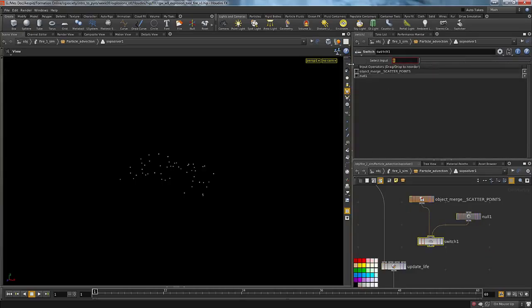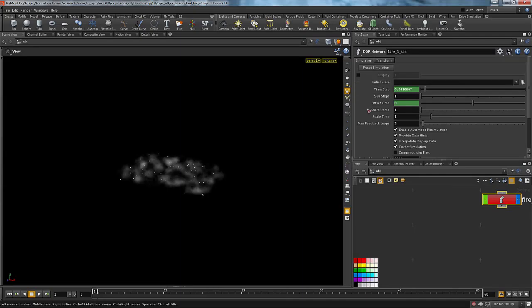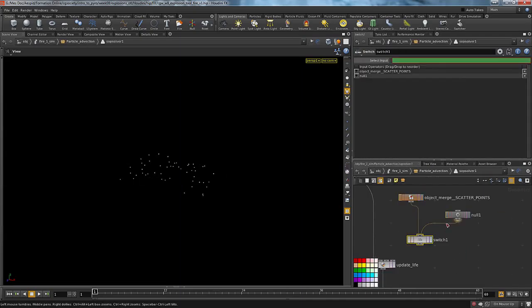And here I'm gonna put an expression, and I'm gonna do $f is bigger than, and I'm gonna grab now, actually before I'm gonna do it in an easy way, I'm gonna grab the start frame of my solver here. Okay, so start frame, so copy parameter,